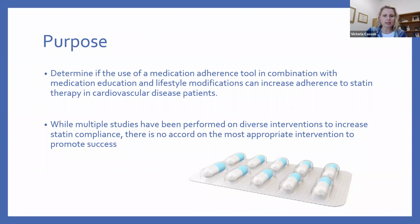So the purpose of this is, I worked in a rural primary care clinic for approximately 5 years prior to starting my current endeavor into the world of academia. While medication adherence is a very well-known problem, the majority of the patients that we see in the clinic have some form of cardiovascular disease, or they are on statin medications, again, to protect their cardiovascular system. We know as healthcare providers that cardiovascular disease is the number one global killer, and our best treatment for this is statin medications, still baseline therapy. But even though we know this is effective therapy, we know it works,